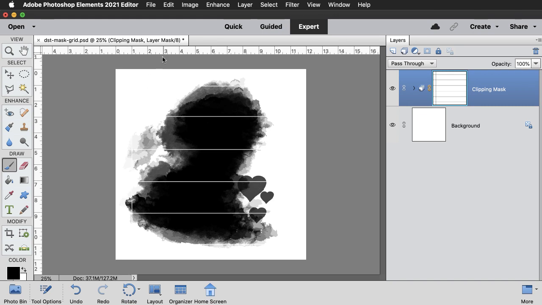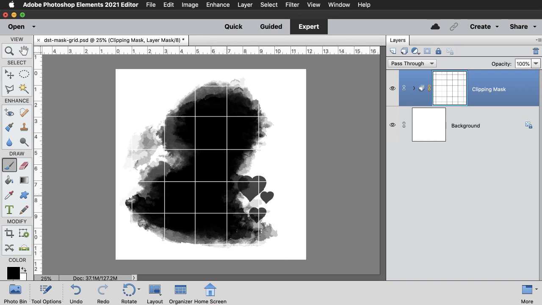I'll do that again at the 3-inch mark of the horizontal ruler, at the 5-inch mark, the 7-inch mark, the 9-inch mark, and the 11-inch mark. Again, don't drive yourself crazy making sure this is perfect.